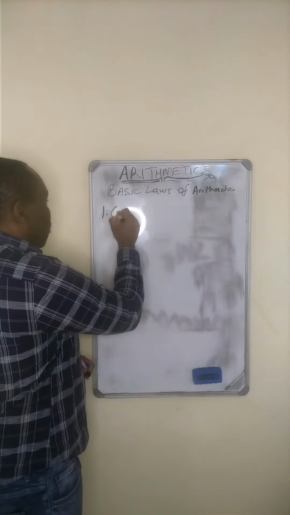The third one is called distributivity law, also known as distributive property. Right, so here are these laws. It's just three of them: commutativity law, associativity law, distributivity law, or you can call it a commutative property, associative